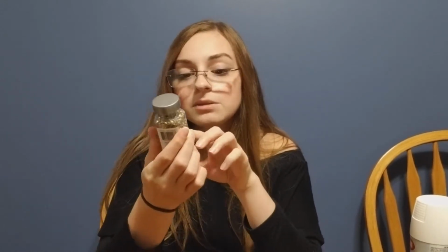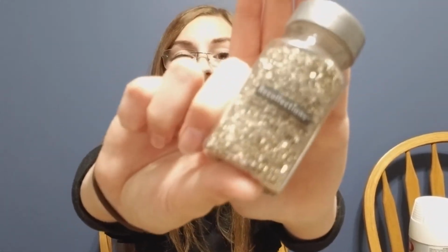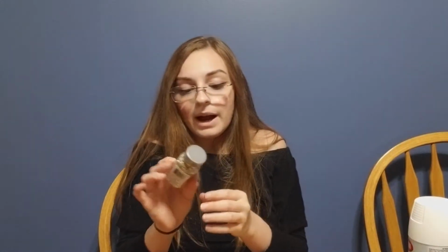The other item that I have, which is also going to be meant for the yarn bowls, is this Recollections glass glitter, and I got the color gold. They have it in a silver as well, but I wanted to test it out. I always loved this glitter, and I've never actually gotten it before, so I got it now to test out on the yarn bowls. I'm thinking of doing an ombre situation with this, but there's that. And the last couple items that I have,